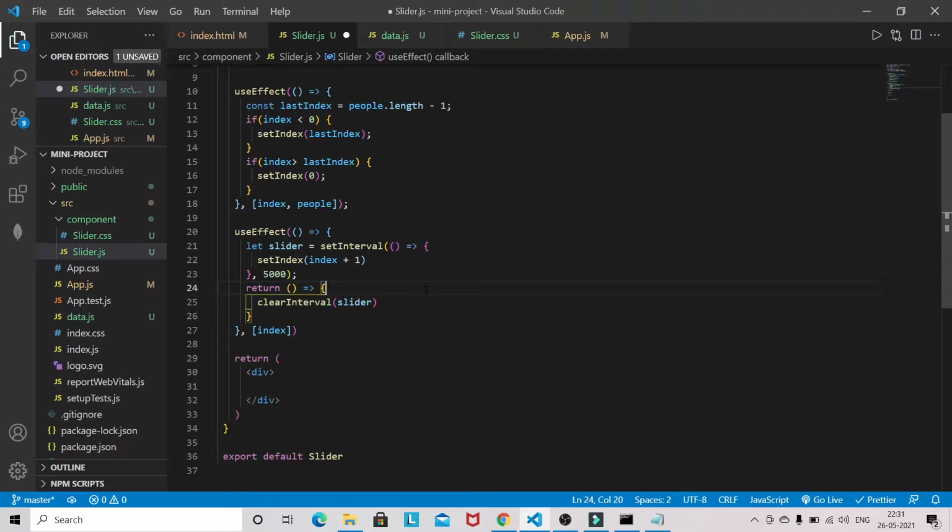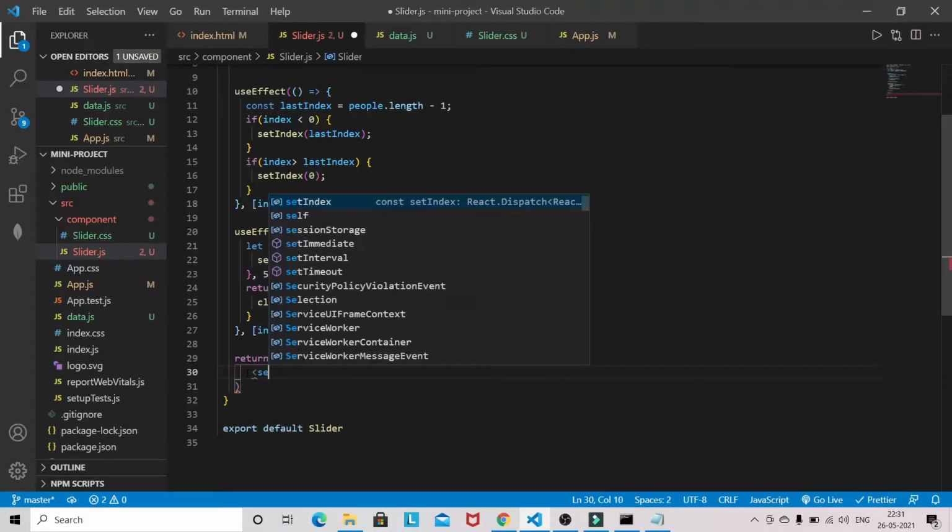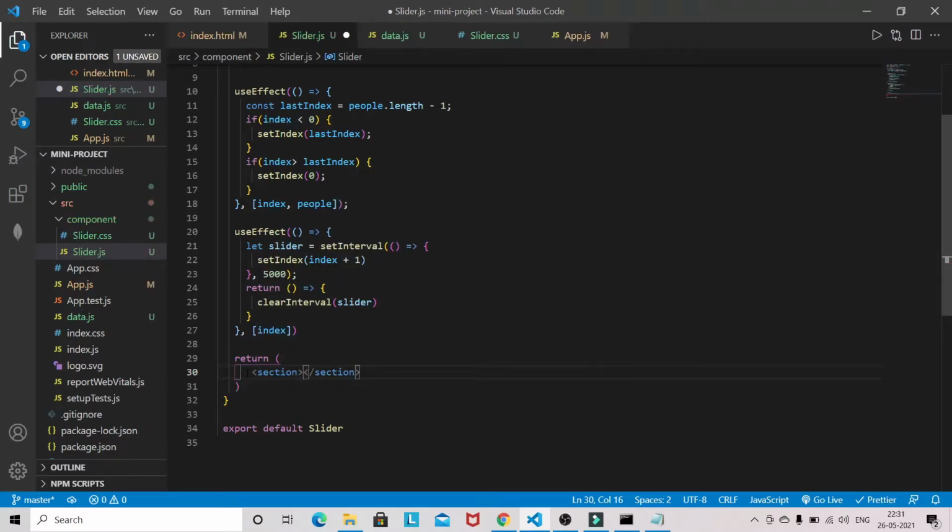Now we have to do the design of the slider. I will remove this div and instead use a section, and give it a class name of section.